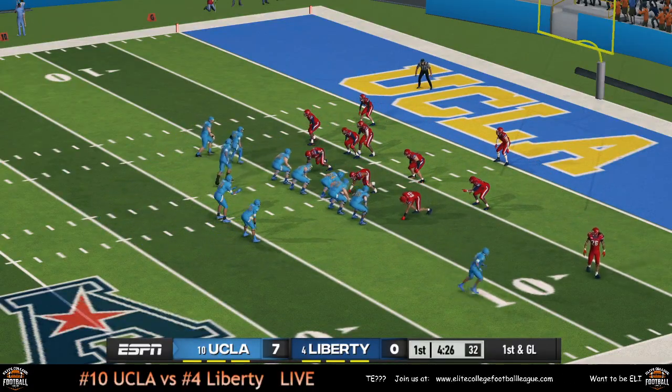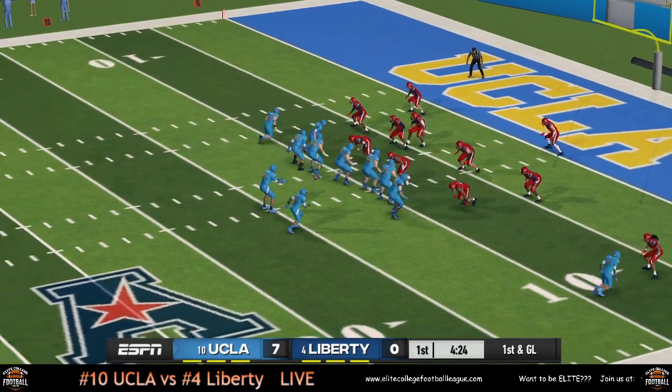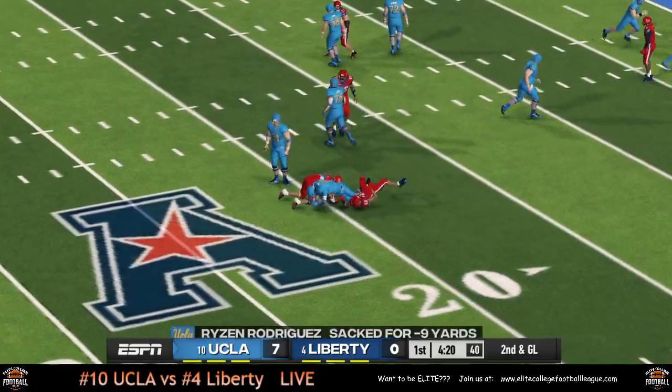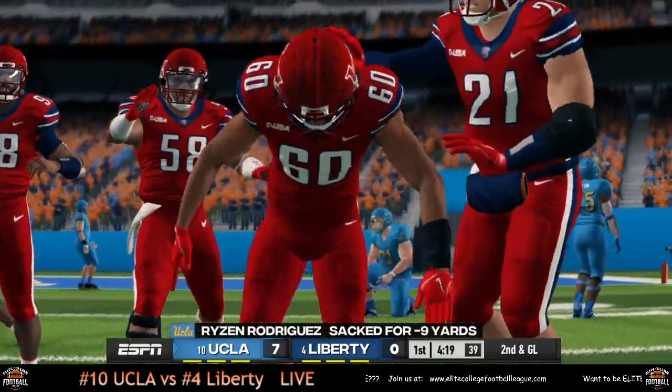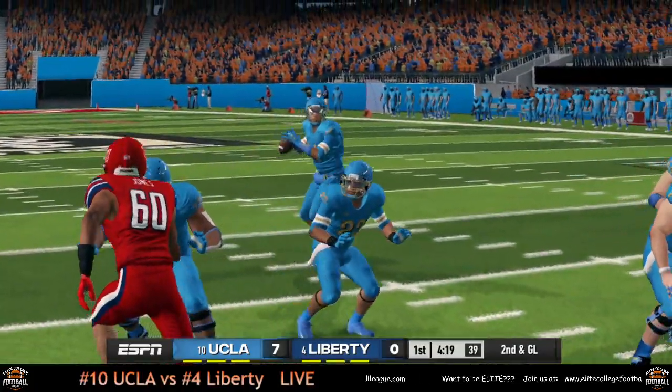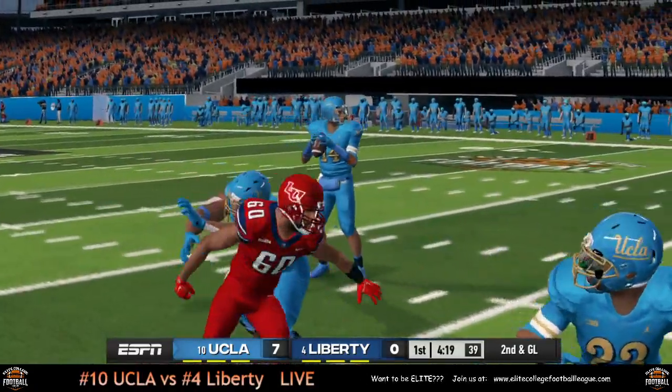First and goal for the Bruins. Rodriguez broke off that first tackle, but couldn't get past the second one, and it's sacked.